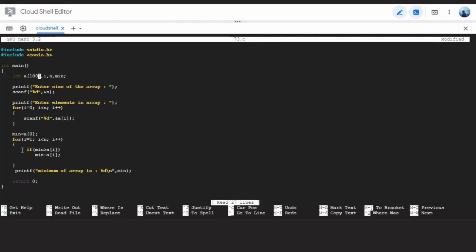Then the values are compared, and after comparing the values, the minimum value that we get is printed using this line.